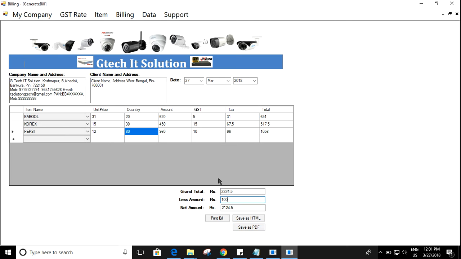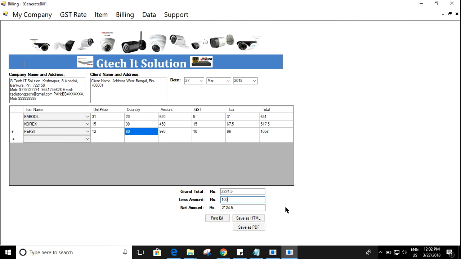So first I am going to show you direct printing. If you want direct printing of the bill, and your printer is obviously working and connected to your laptop or desktop, you can go for direct printing this bill.